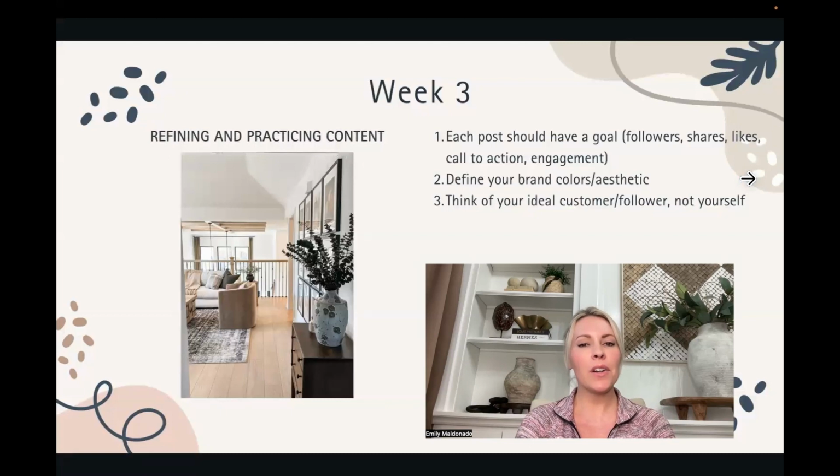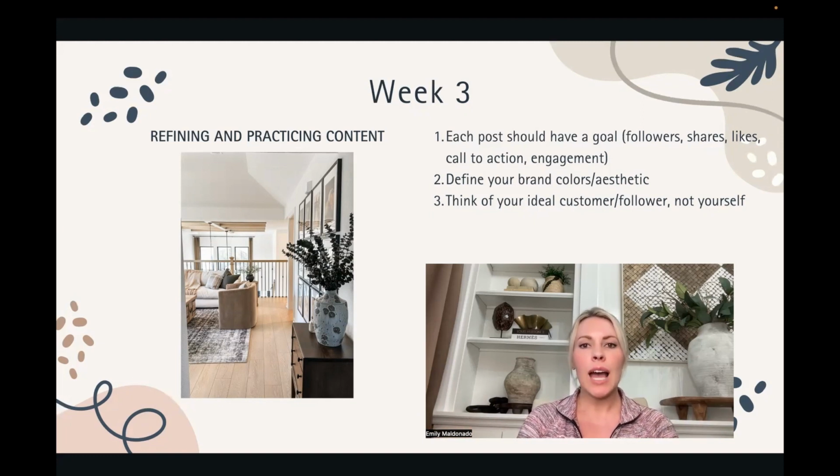Now, week 3, we are going to be refining and practicing better content. I've given you kind of the pillars of what each one of your posts should contain, and we've also talked about how often you should post. But I want to give you some specific strategies on each one of those posts and how you can make sure that each post has a call to action. When you do share a post on Instagram, the people that are going to follow you have a couple of choices. They can engage with that post in a few different ways. They can comment, they can like, they can share, and they can save. They could even put it on their own stories or send it to somebody's inbox when they share it.